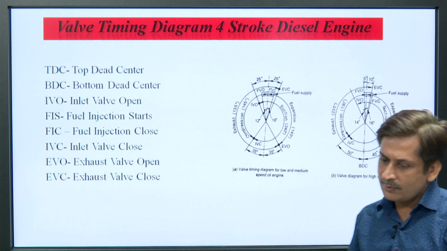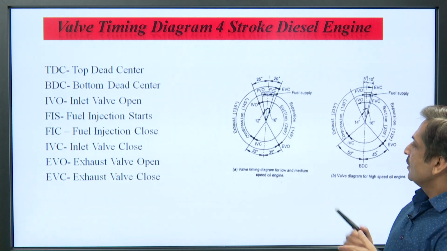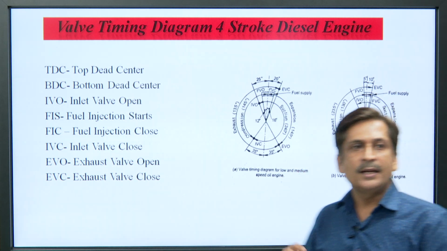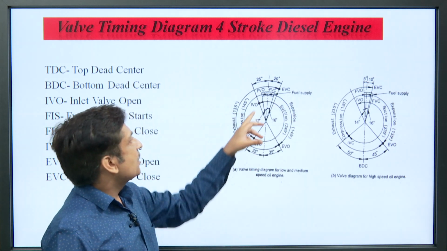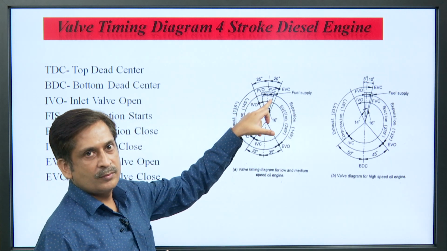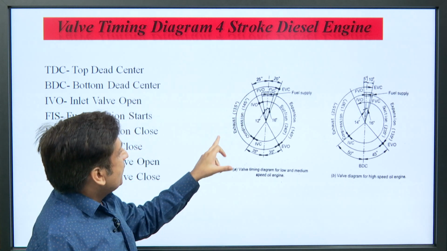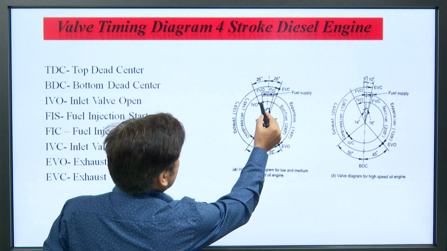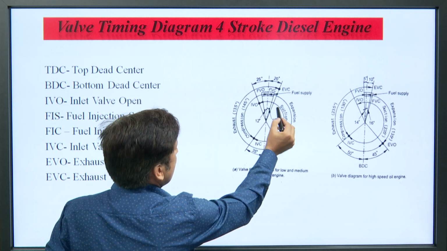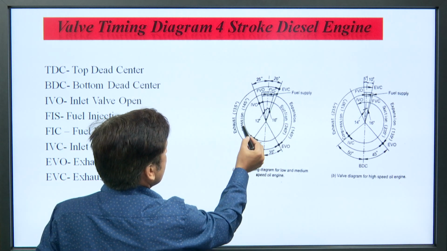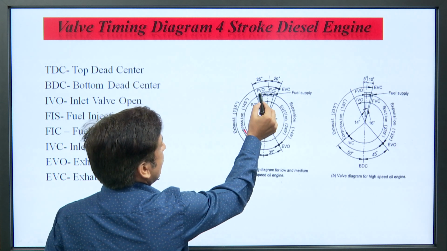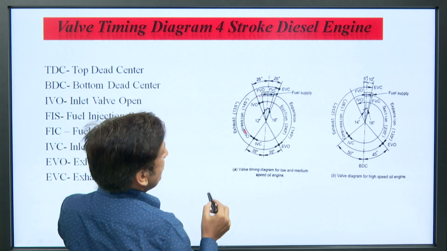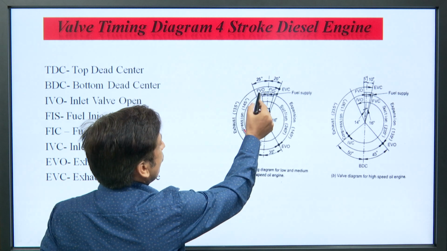Similarly, you can see the valve timing diagram for a 4 stroke diesel engine. All is the same as in the spark ignition engine, but the difference is that here the spark does not occur, here the fuel valve opens and closes. Only air is sucked during the suction stroke. Inlet valve opens here, closes here, then compression, and some degrees before the end of compression the fuel valve opens, and here the fuel valve is closed. So, we are injecting fuel continuously: FVO, fuel valve open, fuel valve closed.